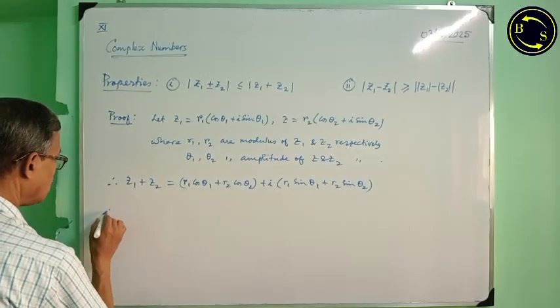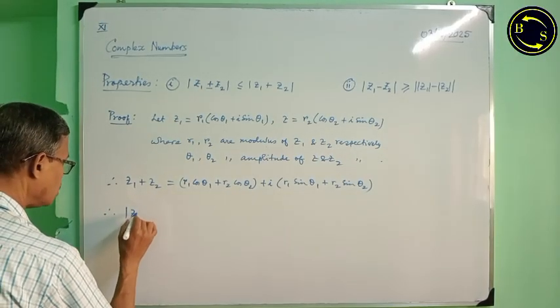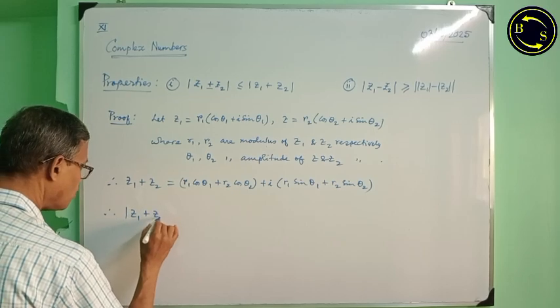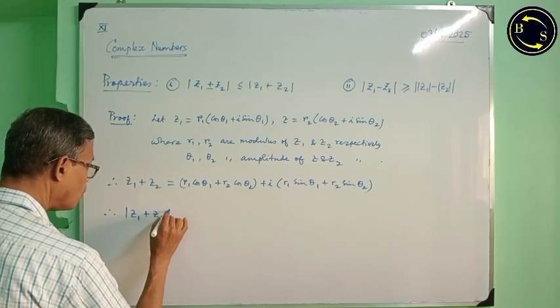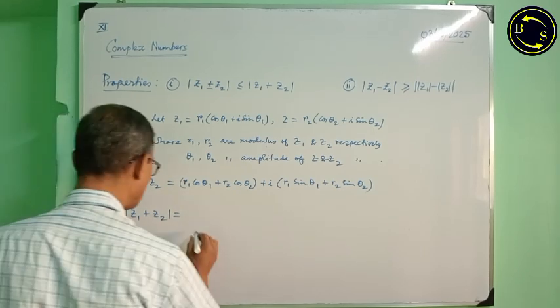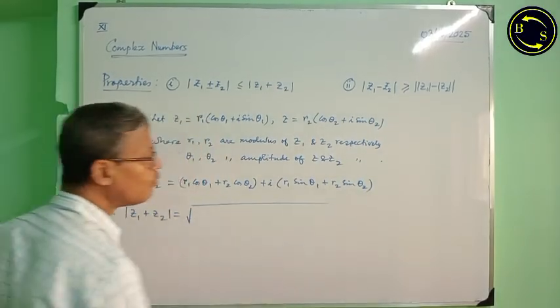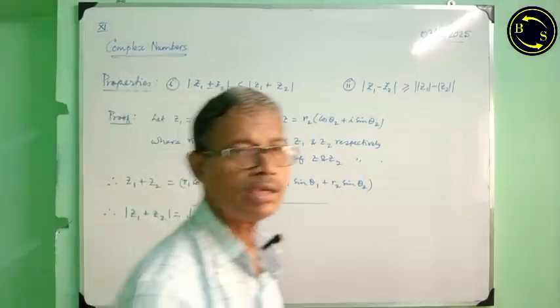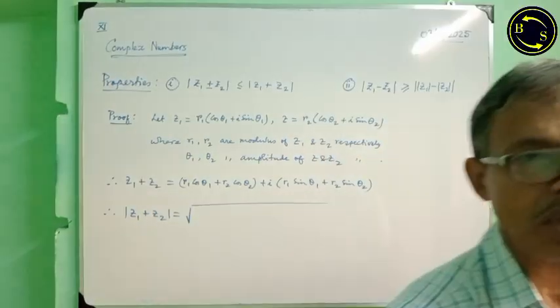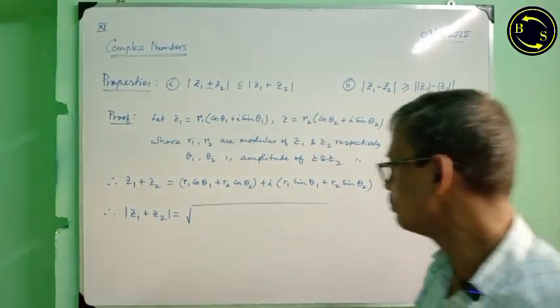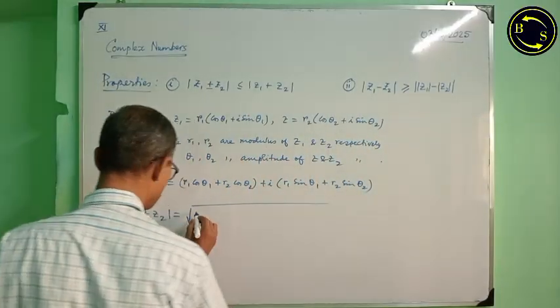Therefore, the modulus will be equal to, if a plus ib is the complex number, then the modulus will be under the square root symbol a square plus b square. That means